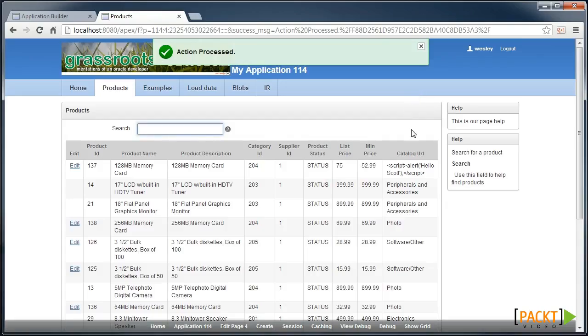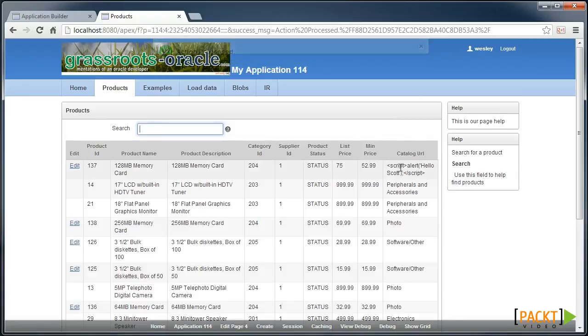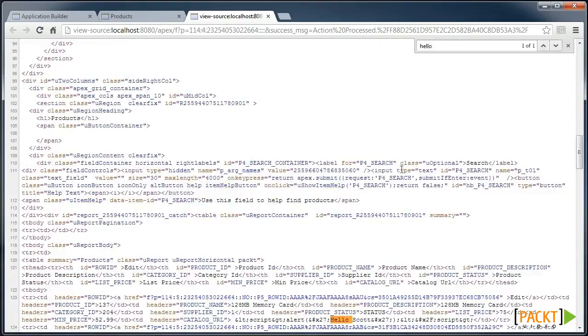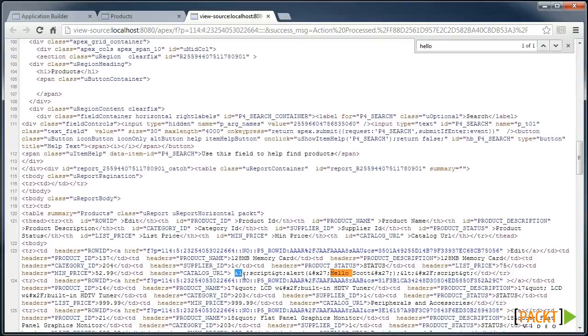So I'll apply those changes, and I can see that we don't have an alert on the screen, we just have the data as we see it. That's because, by default, Apex is escaping this data for us. So if we have a look at the page source, we can see that those square bracket tags have been